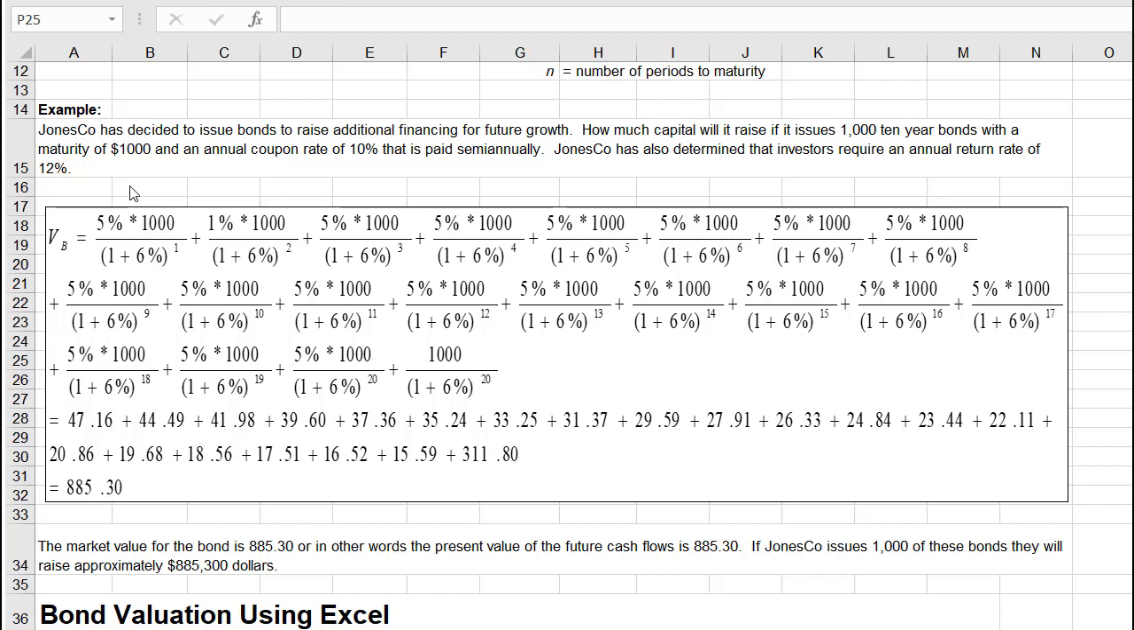So sticking with the topic of how we calculate the price of a coupon bond, we have this example here, and we're going to do it in Excel. We're also going to use the financial calculator. The example on the Excel sheet is